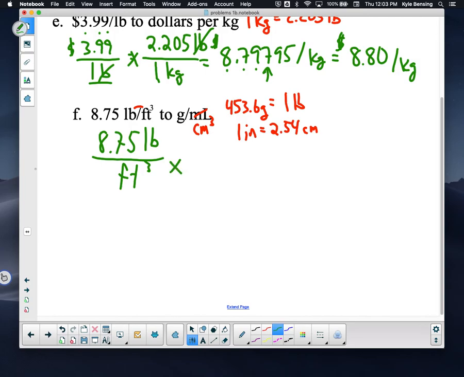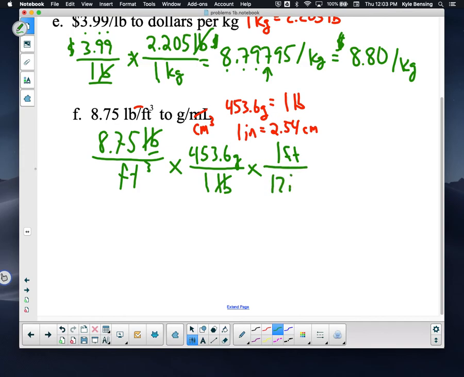I start off like this. Let's do pounds to grams first because I think that will be easier. If pounds is on top, I need 1 pound on the bottom, like that. And that puts my 453.6 grams right there. Now for the tough part, that gets rid of pounds. Now we have to deal with the cubic feet. So here's what I know. I know that 1 foot